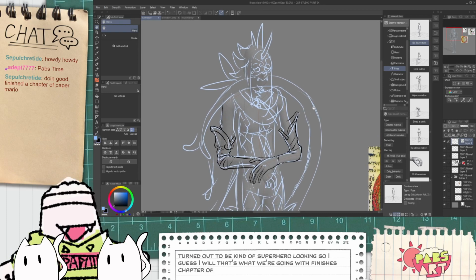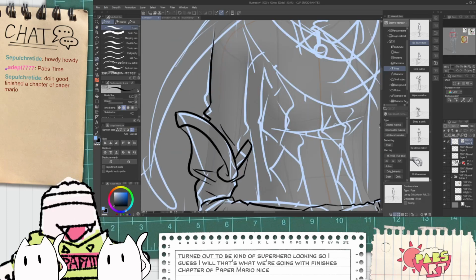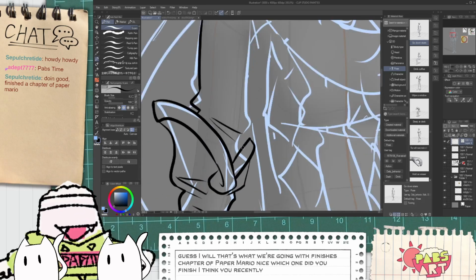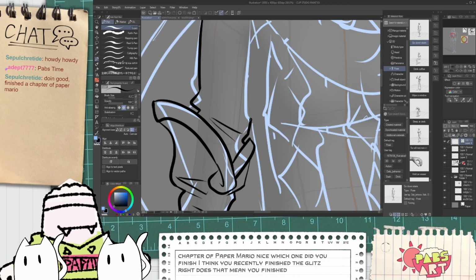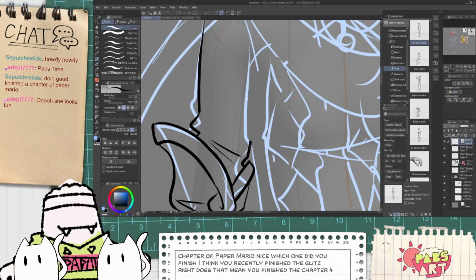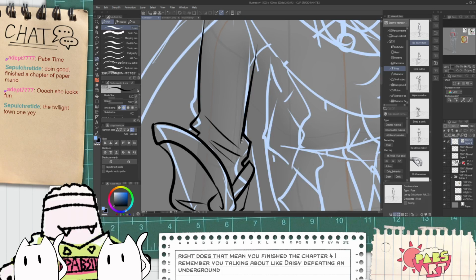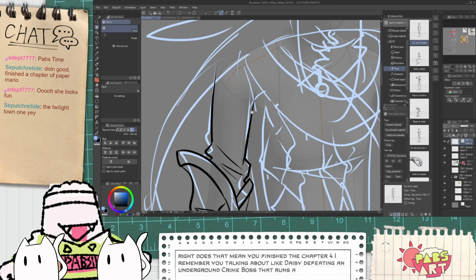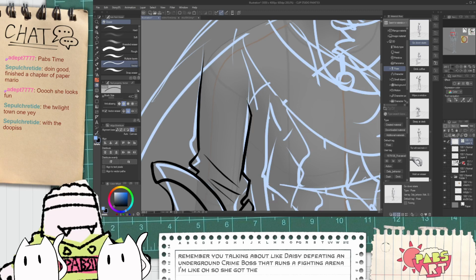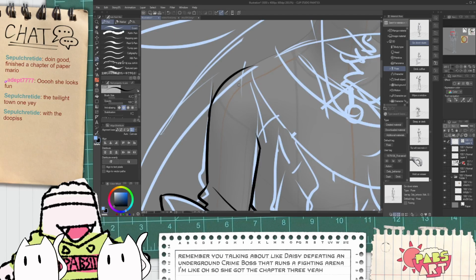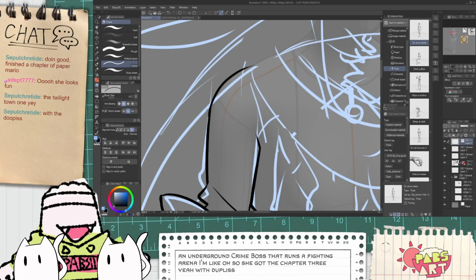Finish a chapter of Paper Mario. Nice. Which one did you finish? I think you recently finished the Glitz Pit, right? Does that mean you finished chapter 4? I remember you talking about Daisy defeating an underground crime boss that runs a fighting arena. I'm like, oh, so she got to chapter 3. Yeah, with Doopliss. Doopliss is such a funny